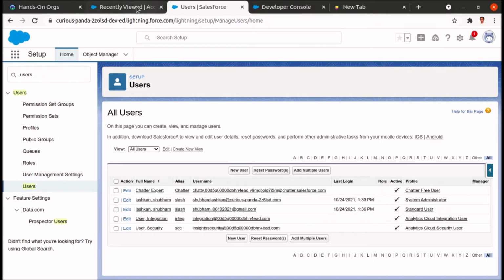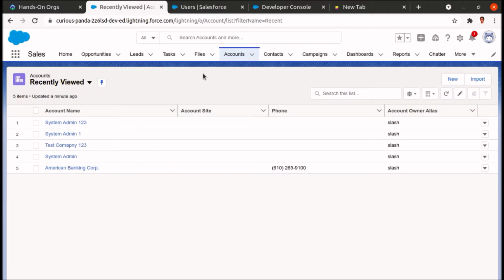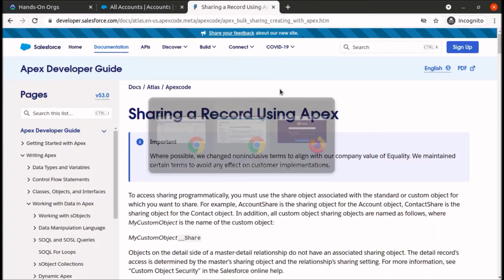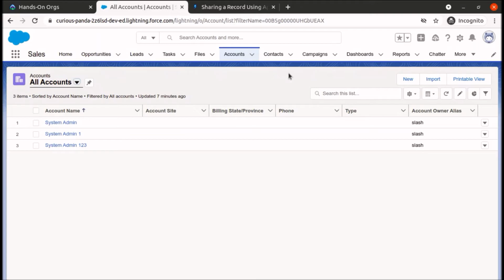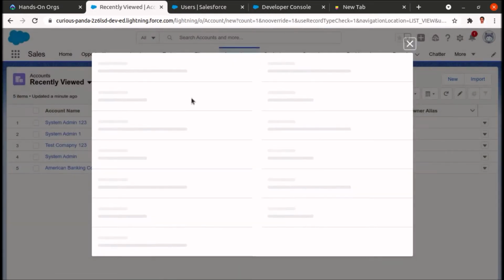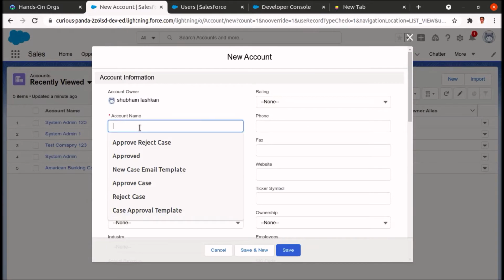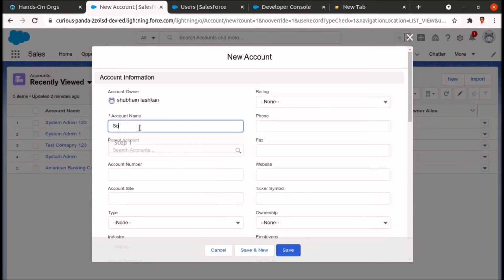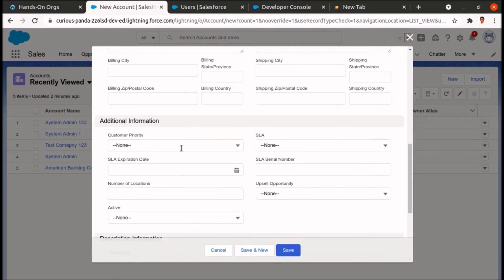So let's first create a record so I can show you that the record is not visible to a standard user. So in this window I have logged in as a system administrator, and in this window I have logged in as standard user. So let me create a record and let me write it as some test record, or what are the other fields which are required.